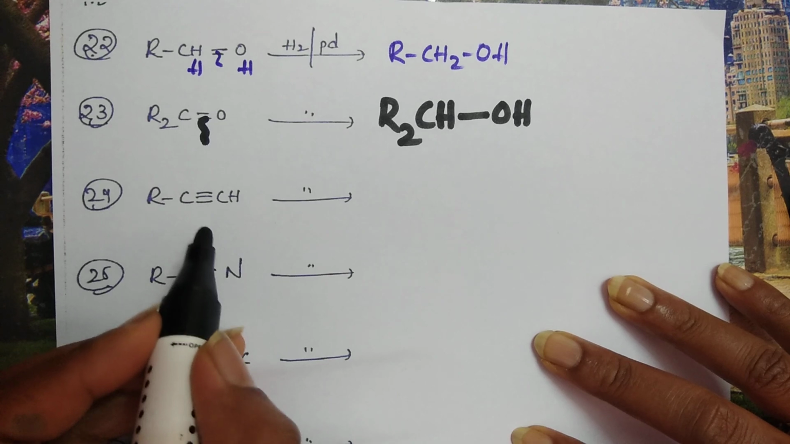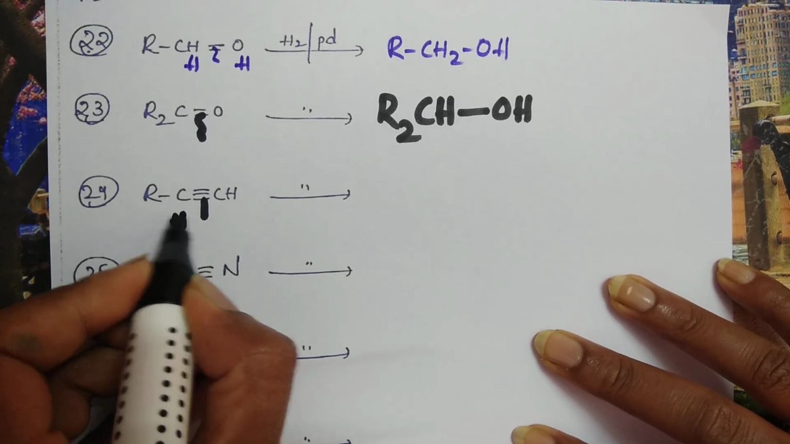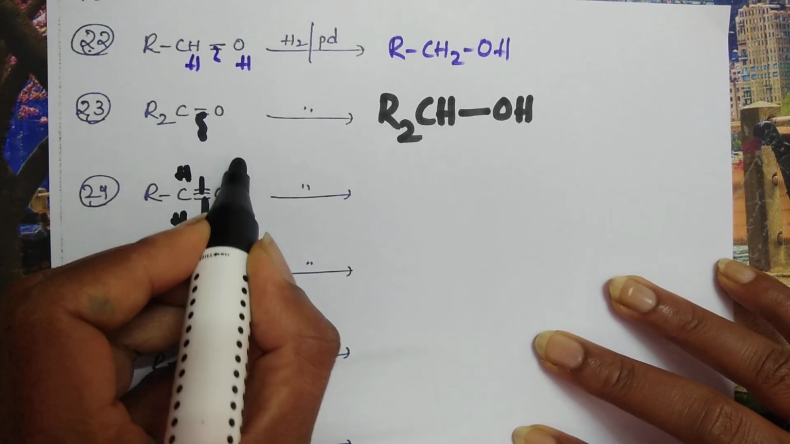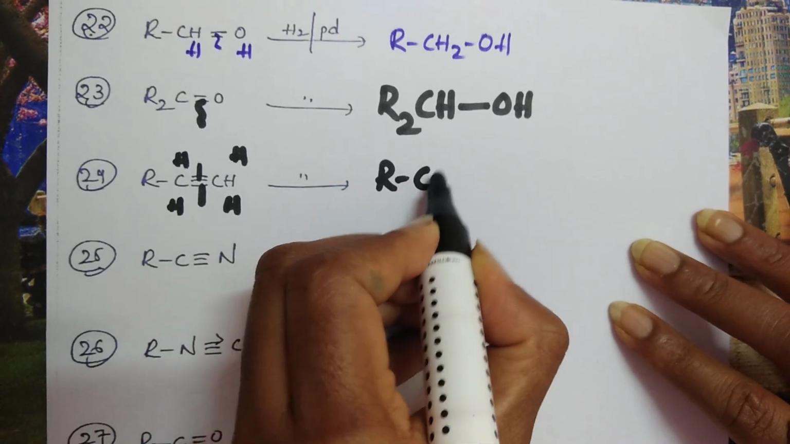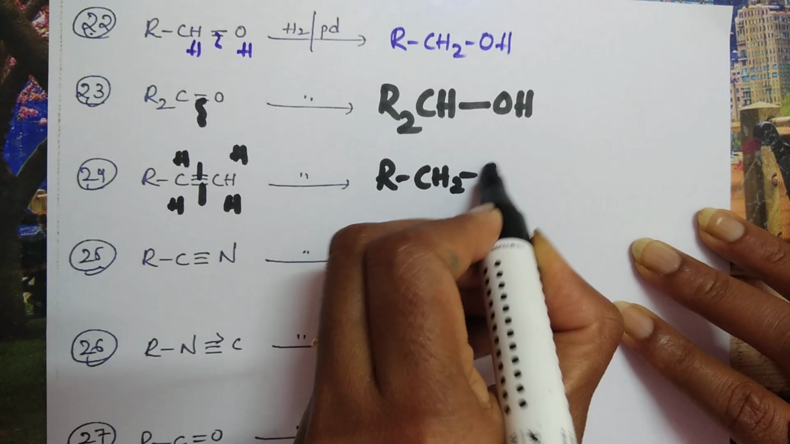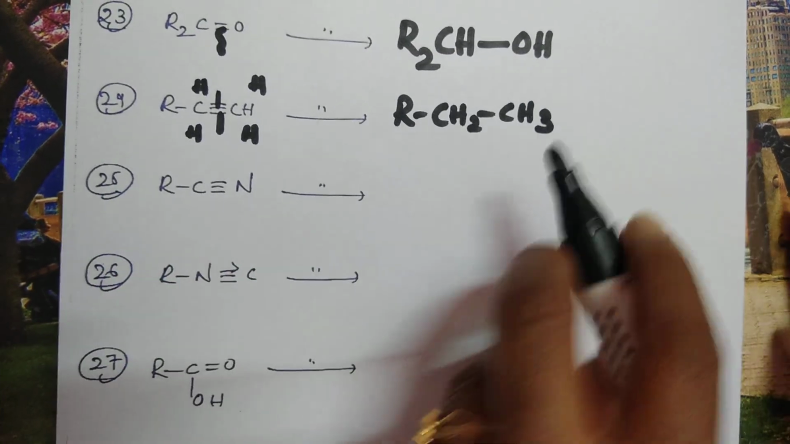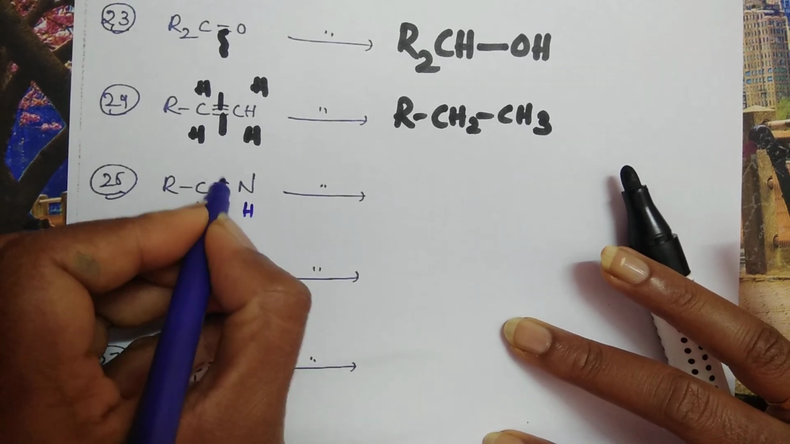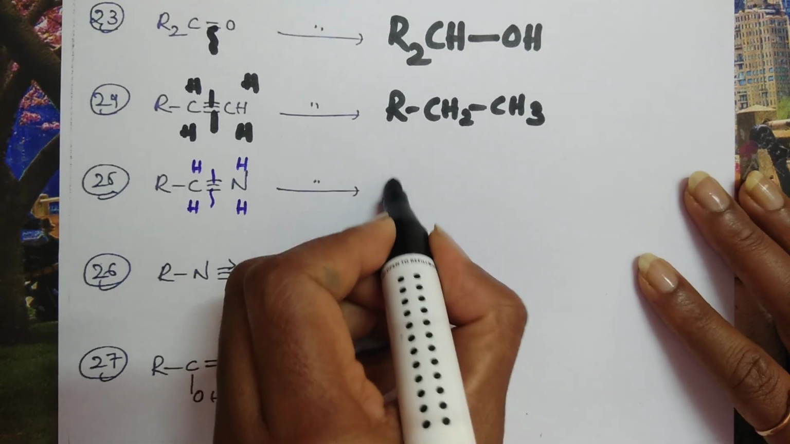See the next one. There is a triple bond. What you should do is break one bond, hydrogen on this side, hydrogen on this side. Break another bond, hydrogen on this side, hydrogen on this side. So finally what you get? R, CH2, CH3. See the next one. R, C triple bond N. What you should do? Break a bond, H here, H here. Break a bond, H here, H here. So you will be getting